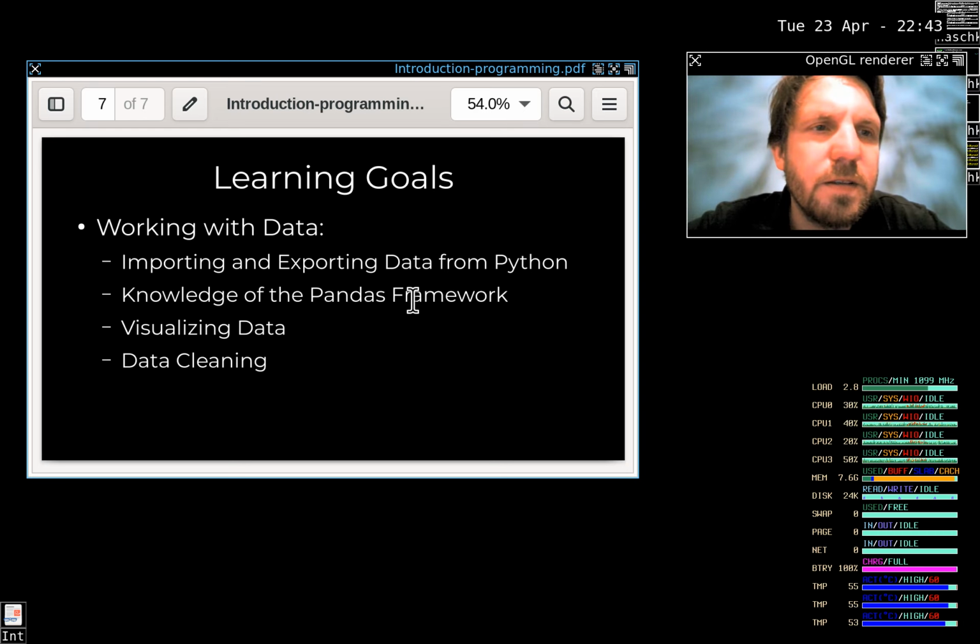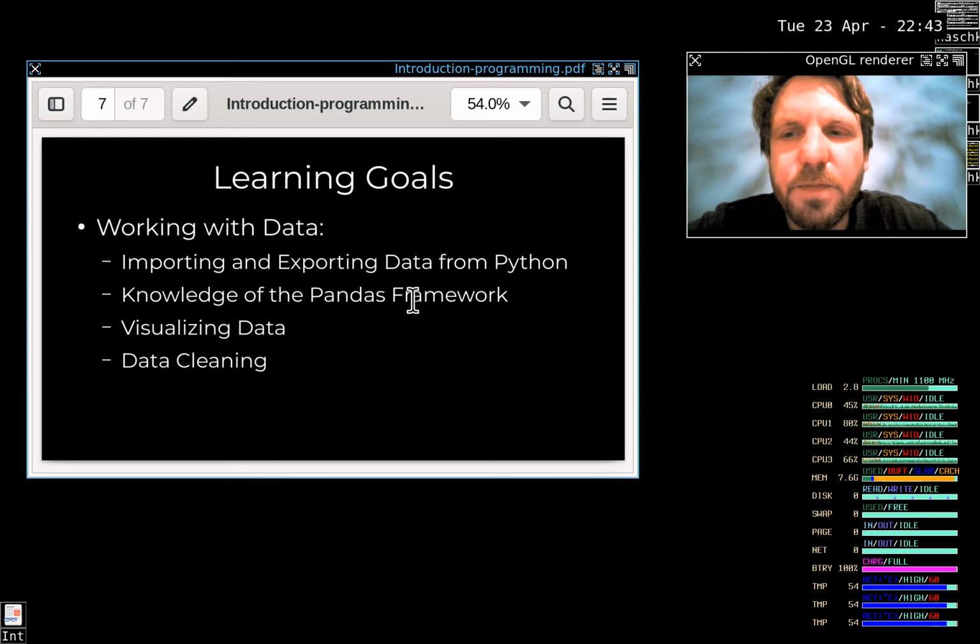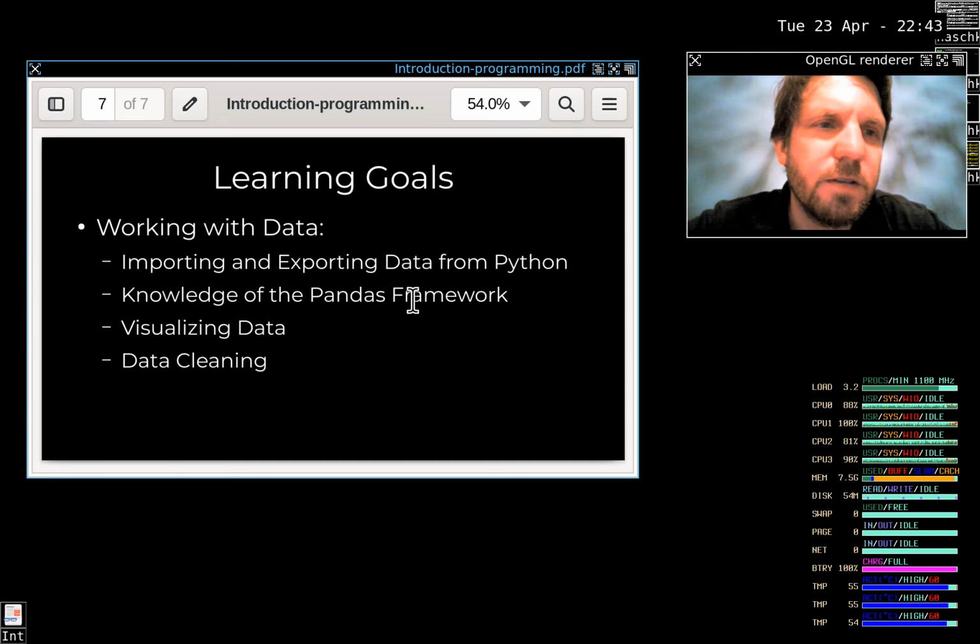So data cleaning is one of the big machine learning tasks. All the data that you capture with your sensors, that is captured by humans, is of course not always perfect and has to be cleaned before being processed by machine learning algorithms. And this is the first learning goals that we want to start with in this session, in order to get you started with programming and get you started to write your first programs. And of course you should learn the Python language in this course.